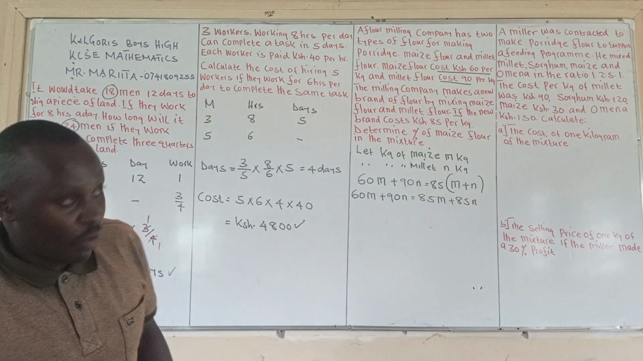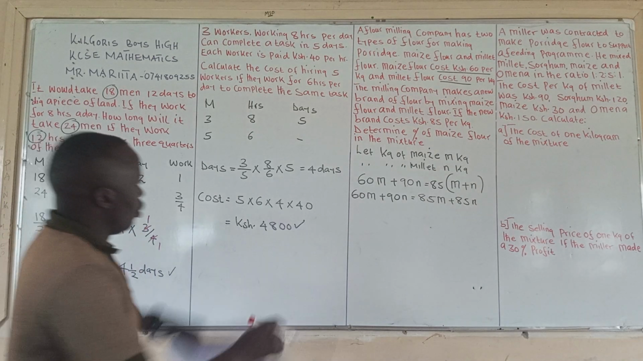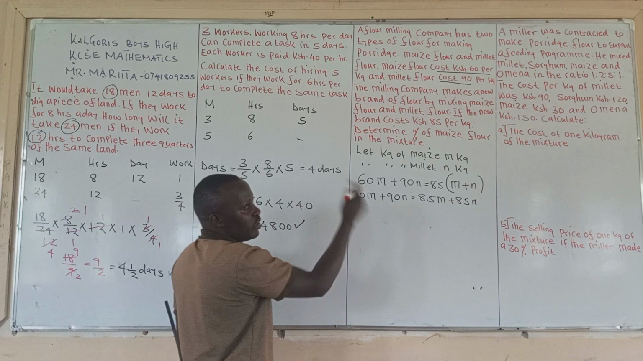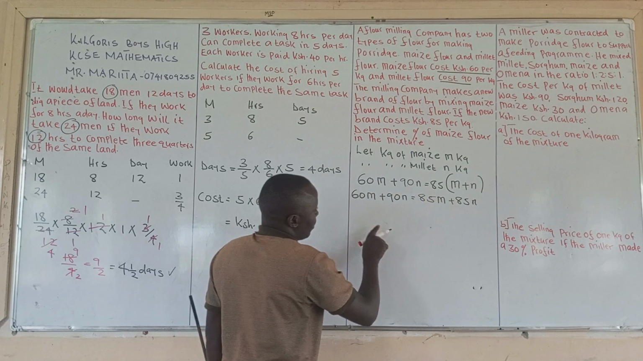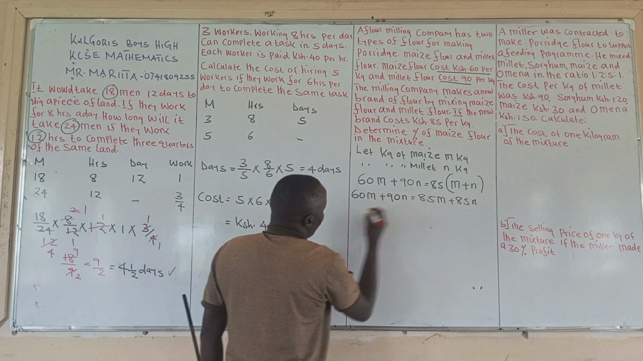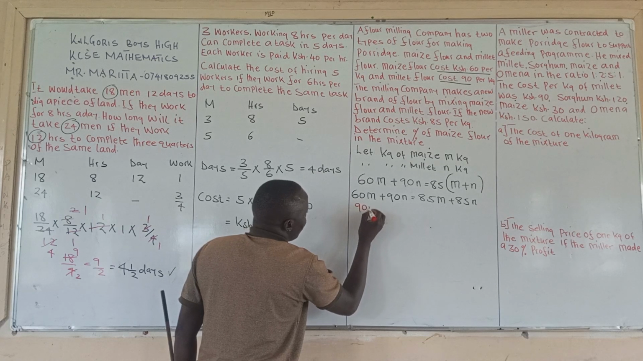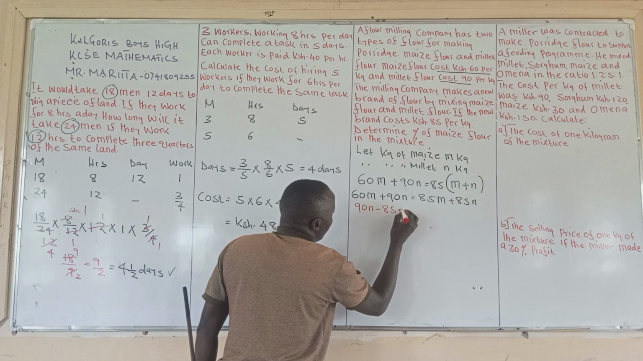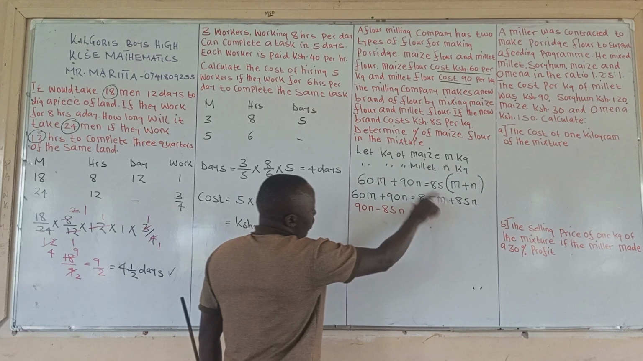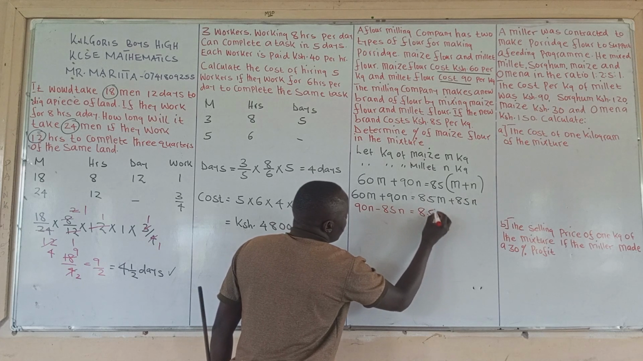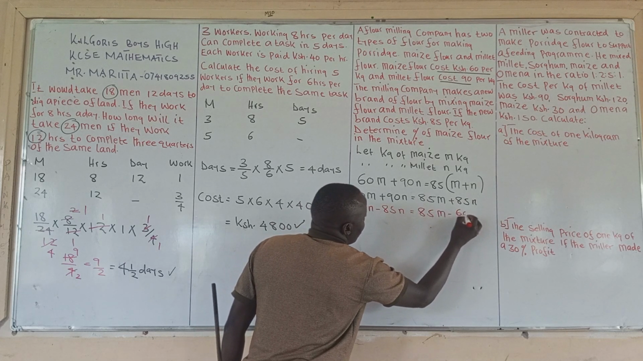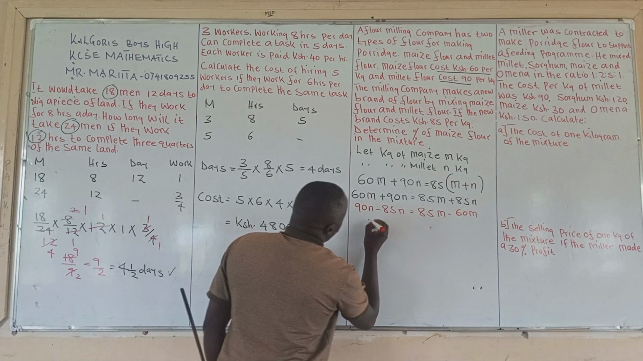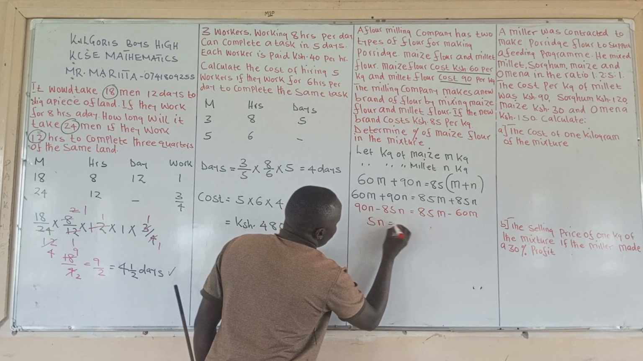From there you can collect the like terms together. We have 85m and 60m. 85m is larger than 60m, so it is better we transfer 60m to that side, such that we remain with 90n. Then we transfer this one here, subtracting 85n. This will be equivalent to 85m minus 60m. So what do we have there? This gives us 5n